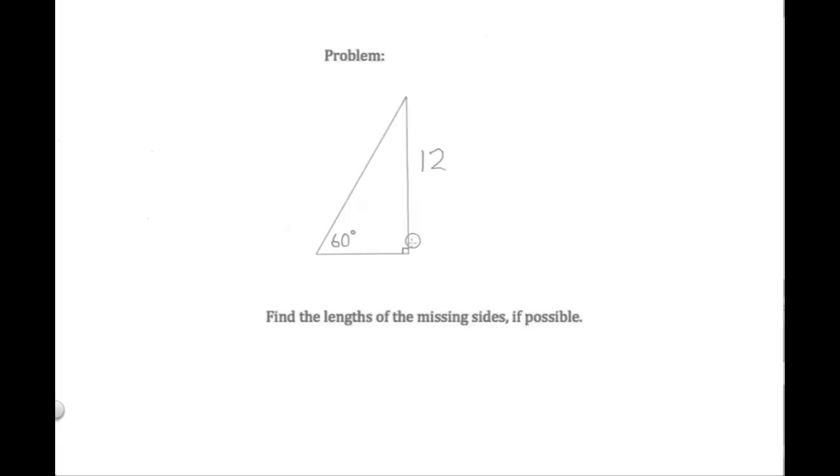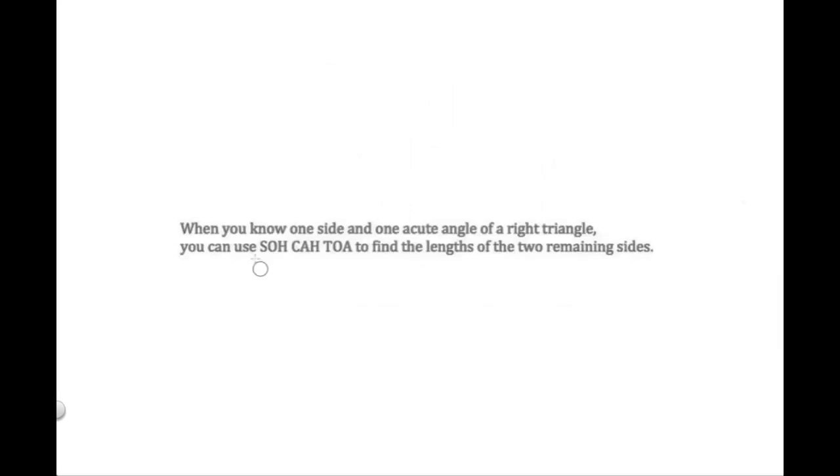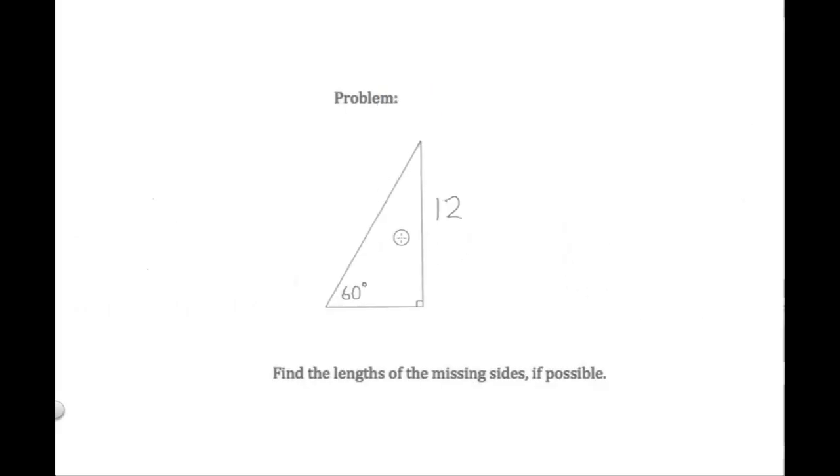Try this problem. Okay, now this problem might look a little bit different than some of the ones we've done so far, but we do know one side and one of the acute angles. And we've learned that when you know a side and an acute angle, you can use SOH CAH TOA to find the remaining sides. When you know one side and one acute angle of a right triangle, that's when you can use SOH CAH TOA to find the lengths of both of the remaining sides. So even though this problem might look a little different than we're used to, we should be able to use